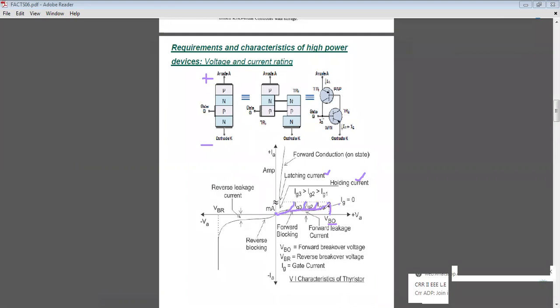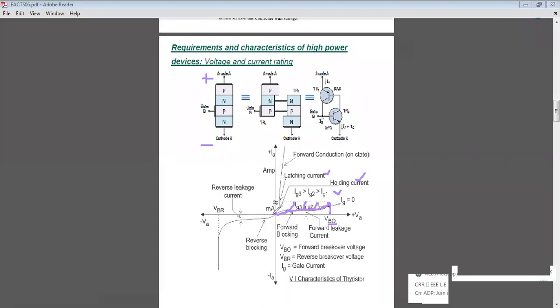You can see the different gate currents considered. If you increase the gate current value, it will turn on at lower voltages. So by using the proper gate current design, you can switch on the thyristor at any voltage that is desired. In a circuit, if you want to switch on this thyristor, sufficient gate current is enough. You have to provide sufficient gate current so that it will switch on at any required voltage, irrespective of this VBO.